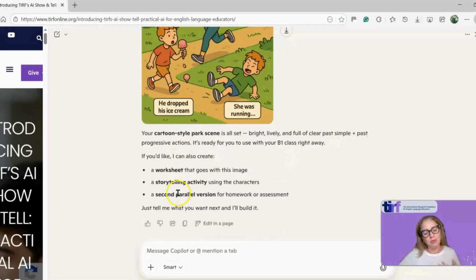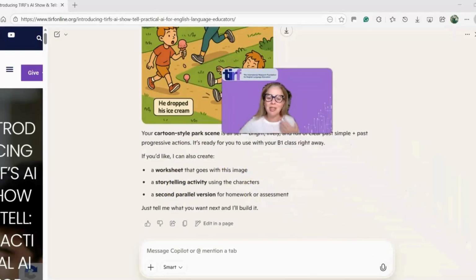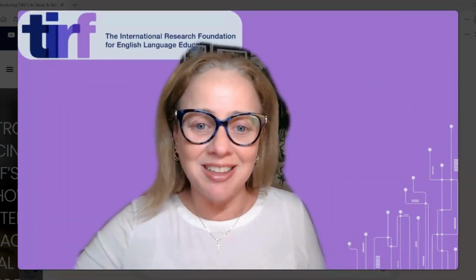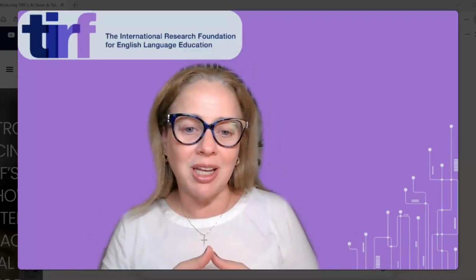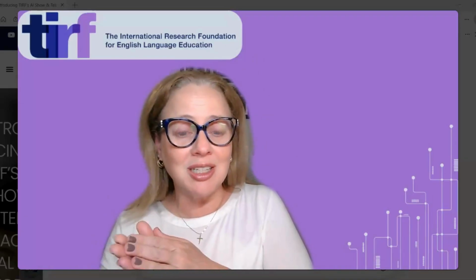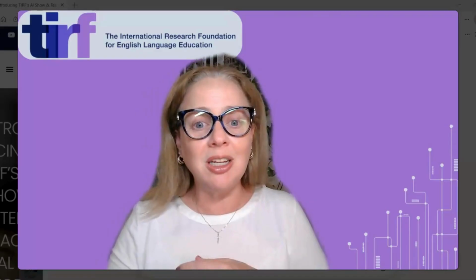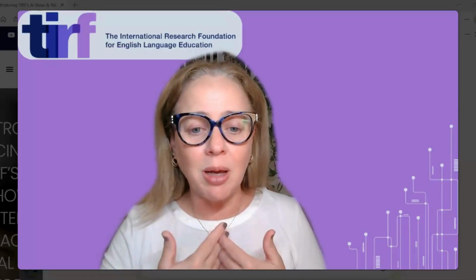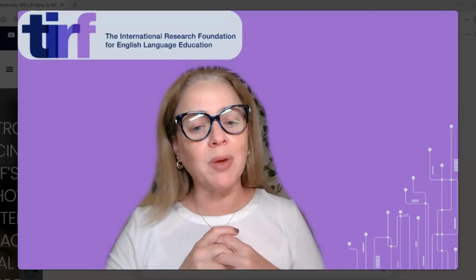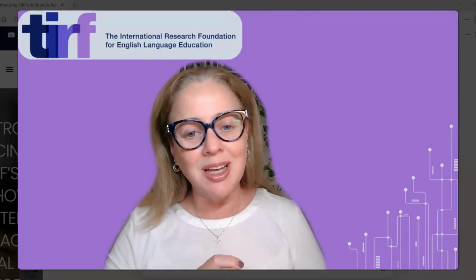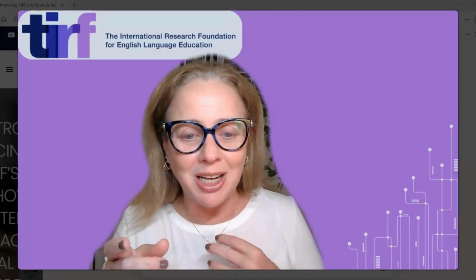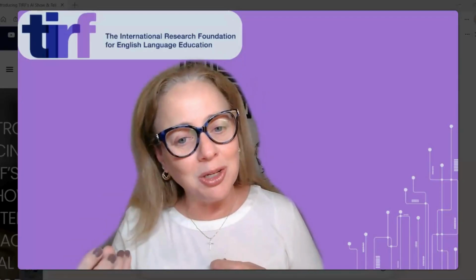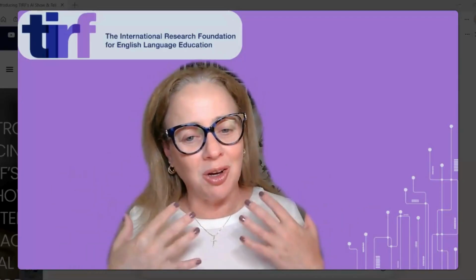Again, Copilot will offer more possibilities, creating a worksheet, a storytelling activity, and the possibilities are endless. You could use this idea of a lesson plan, you could use the worksheet idea, you could use the picture idea, and you could use Microsoft Copilot. If you're lucky enough to have a lab available in your school, you could use Microsoft Copilot with your students, and students could create mini dialogues with AI, could create pictures that they can show the others later on in class. I hope you like this